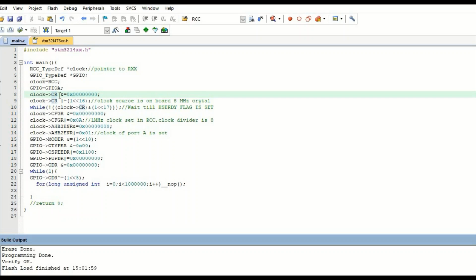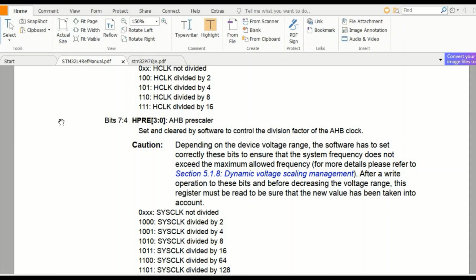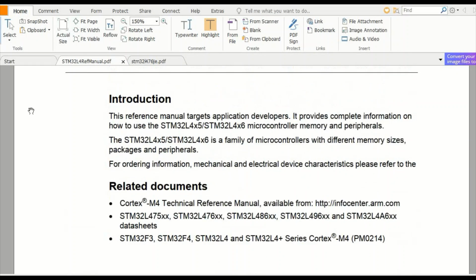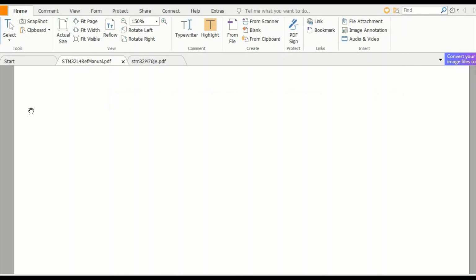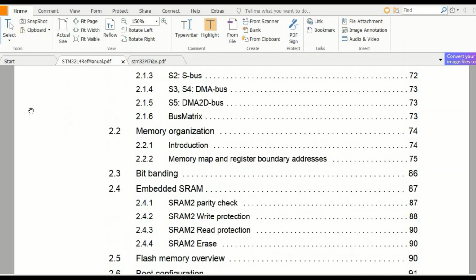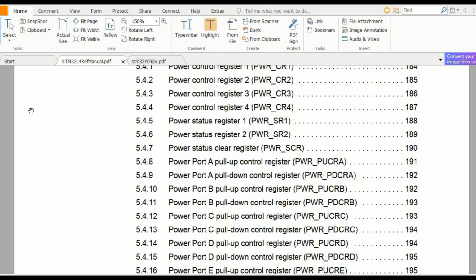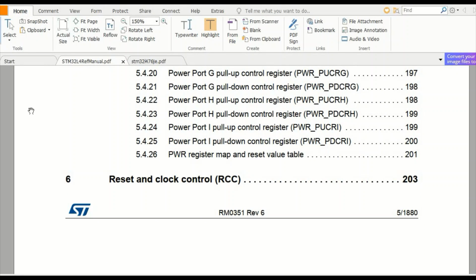For knowing which value to provide to which register, you have to refer to the reference manual. So for reference, I have already opened it. Go to its first page. I am scrolling the index. The index is, now we are here, Reset and clock control.